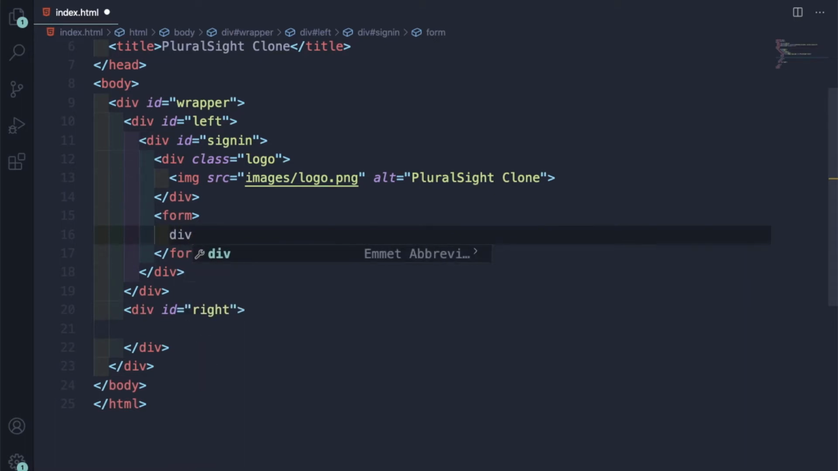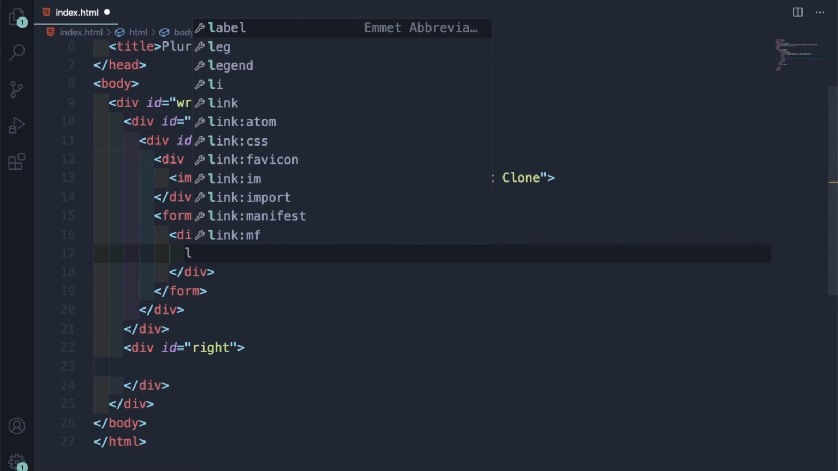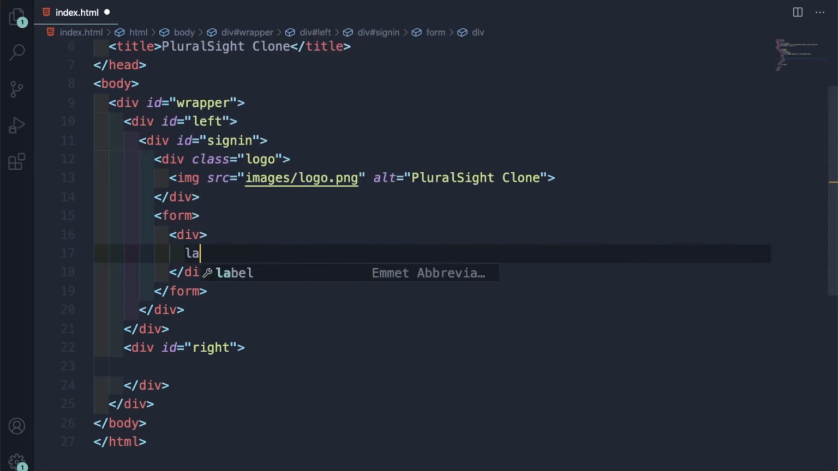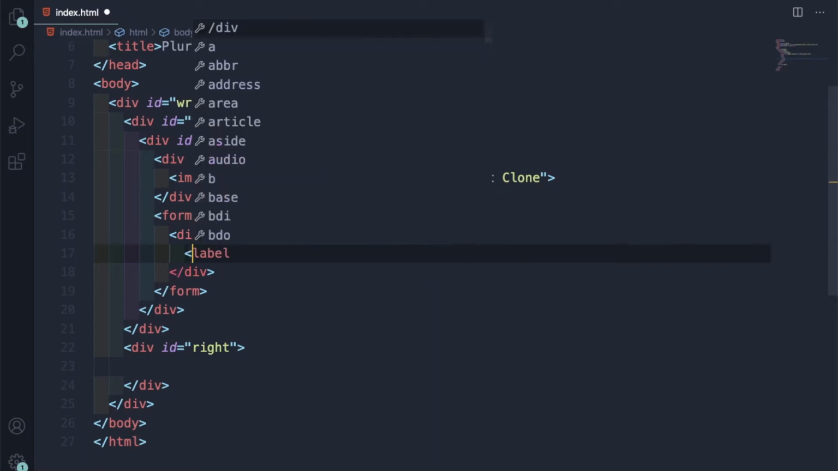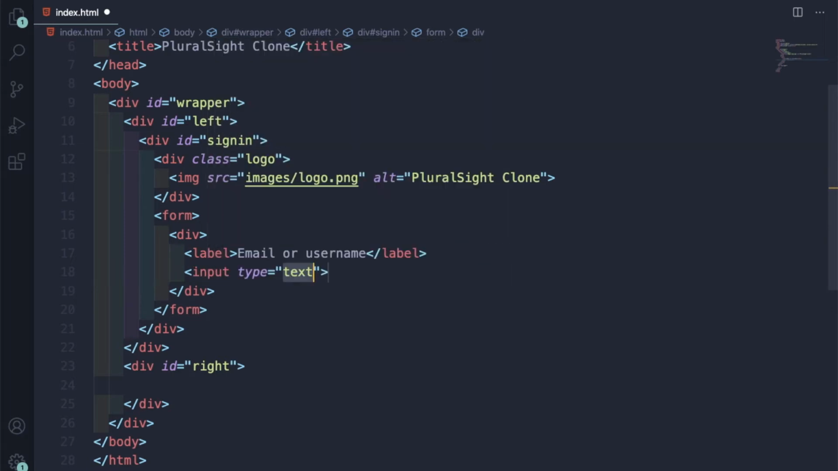Let me have a div so that my elements are in different lines. As you know, div is a block level element. Label, let me do this like this, so I will write email or username, then input type text, class equal to text, input,